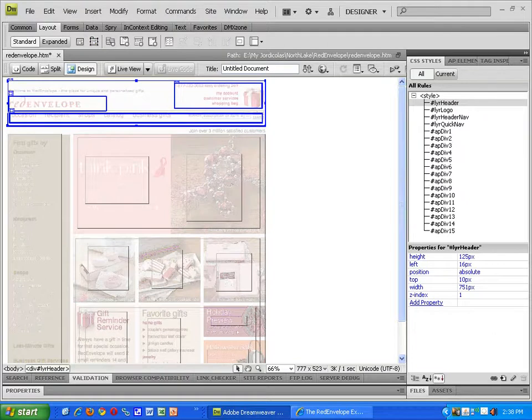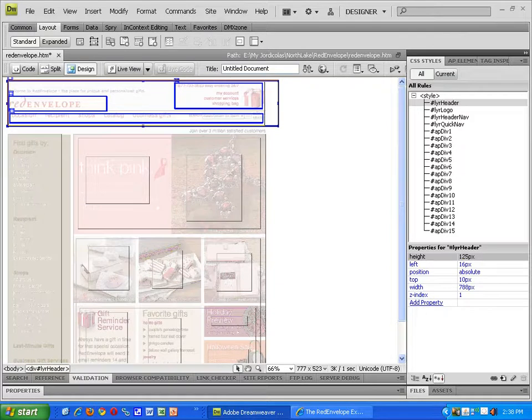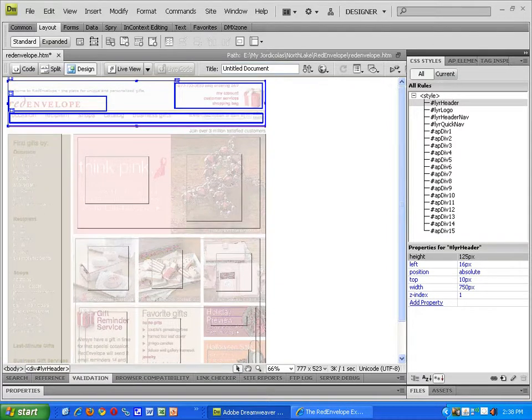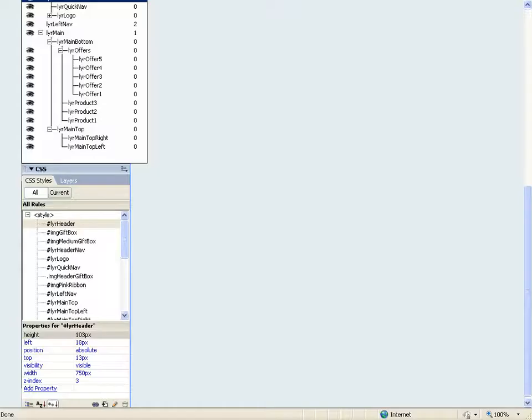So I just made it a little bit taller. So we can set these properties here and change the number values, or over here in the real document we can grab the handles and we can change the way our divisions look, our width and height. Let's go back to the tutorial